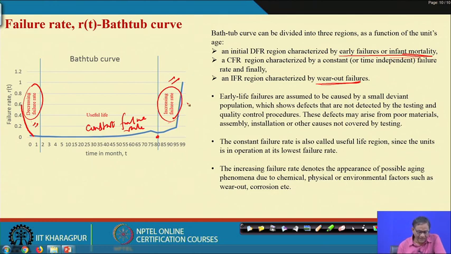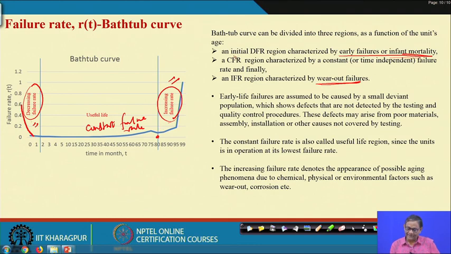You may ask that in the data we have plotted, this portion is not there. Although the data is hypothetical, if in practice you get this kind of plot, then that means the component early failure time is not taken into consideration in the analysis. Because the units are very well within the useful period of time, most of the units, and some units are in the wear out phase. So, that is the meaning.